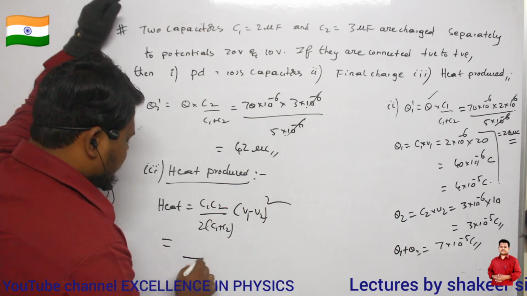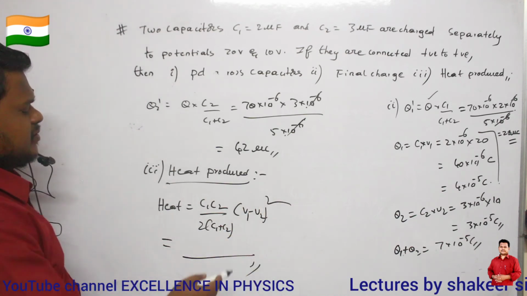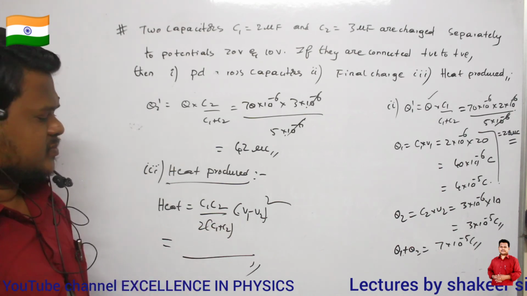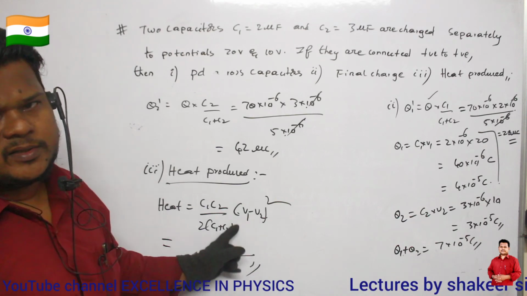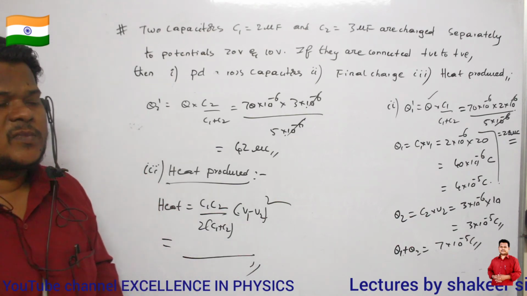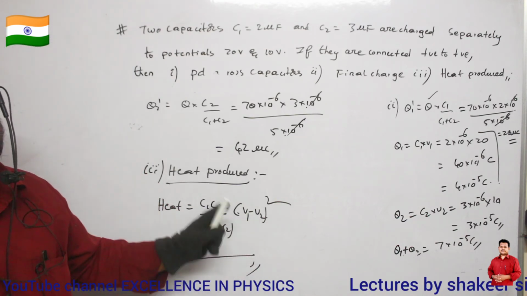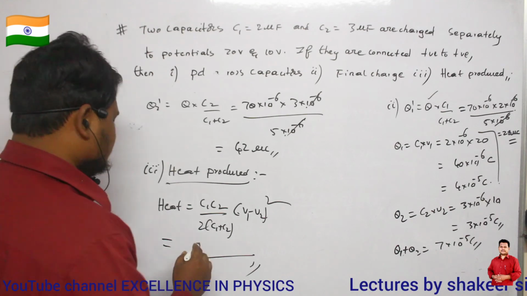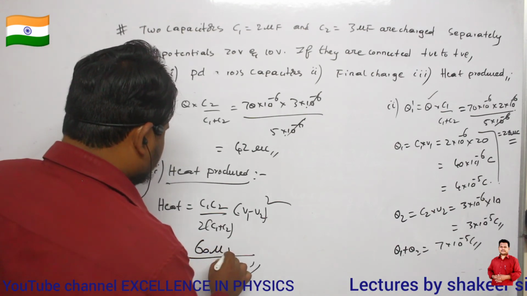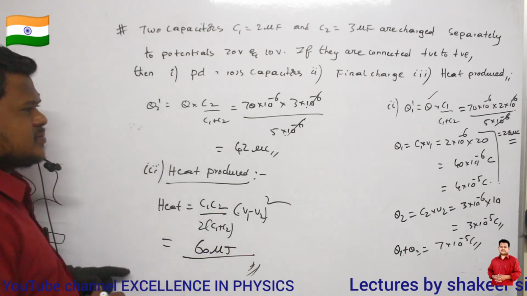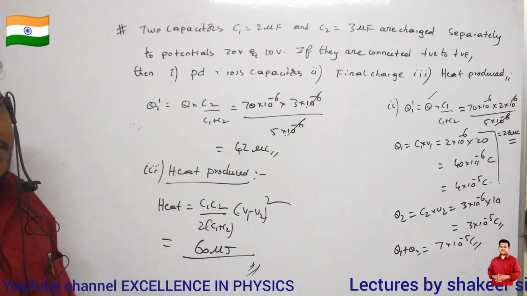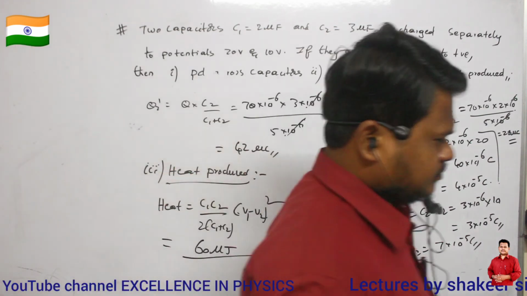Clear? So I hope you can do this calculation. So V1 and V2, what are they? Are they final potentials or initial potentials? What is meant by V1 V2 here? V1 V2 are the initial potentials. Don't be confused. Clear? So if you substitute them, the answer you should get is 60 microjoules of heat, which is produced when we are connecting these two plates of the capacitor. Okay? That's all.